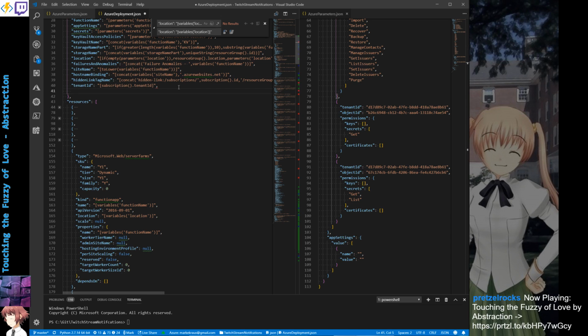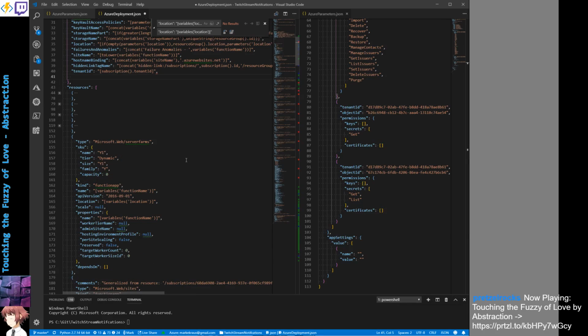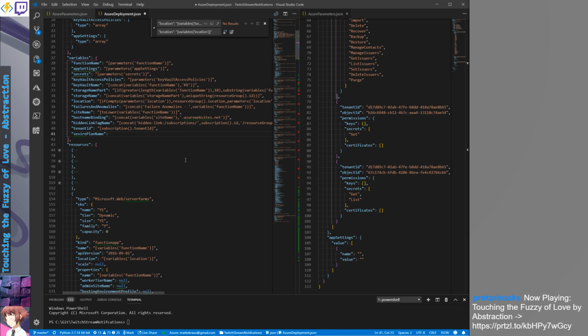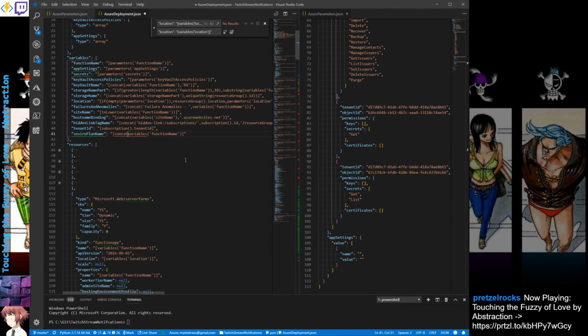So this is a service plan, right? Is what it is. So I'm going to concat the function name with